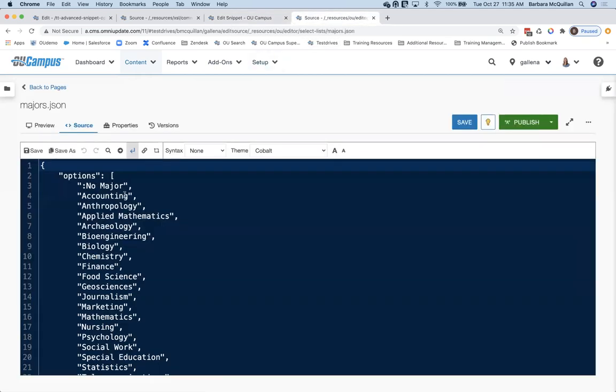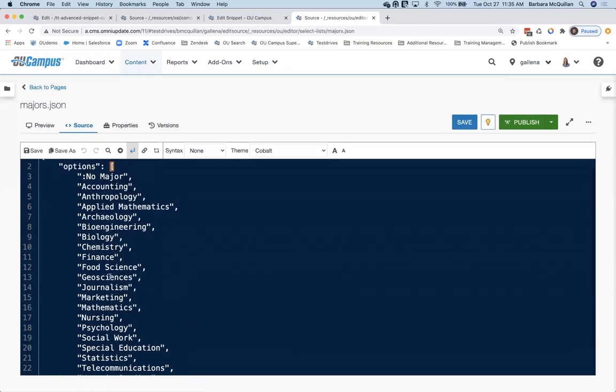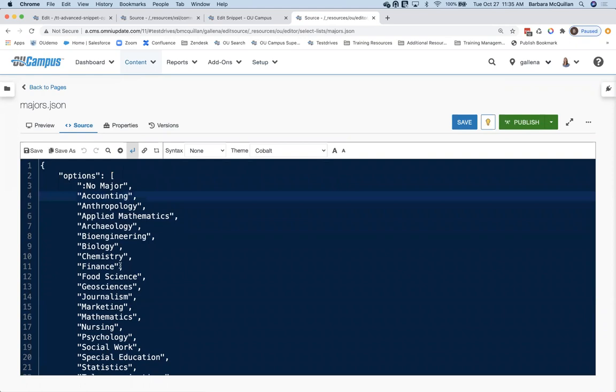So if I open up this file here, I'll be able to see here are my options basically presented as an array. And then again, I can have in here key value pairs. In this particular case, I didn't need a difference between the key and the value, so I just have a singular value for it. This here is a blank with a display for the editor of no major. So if I wanted to be able to have a key value pair here, it still works using that semicolon the same way it did when we were looking at manually typing it out inside the snippet. So you can have that set up that way as well.